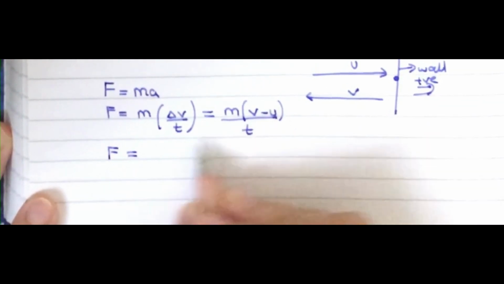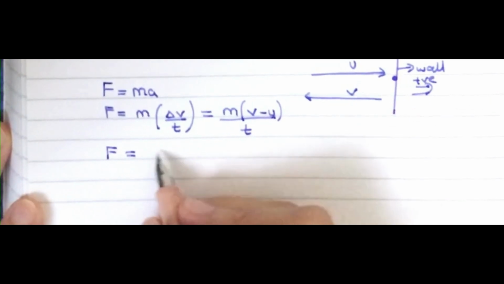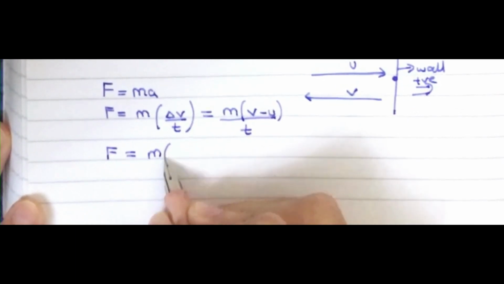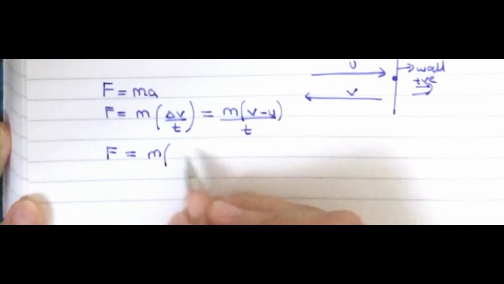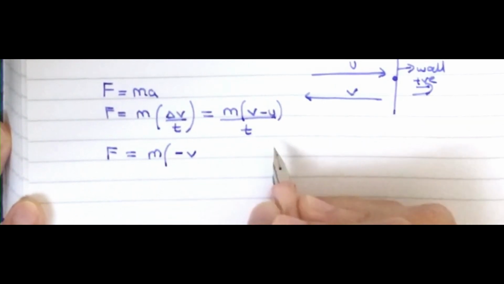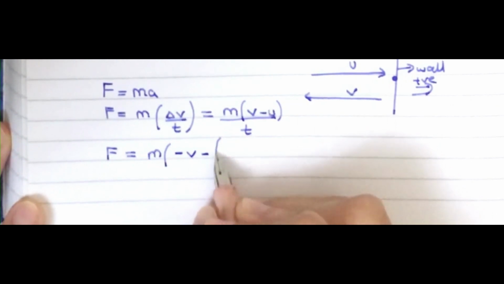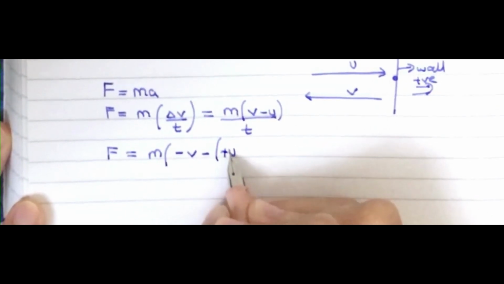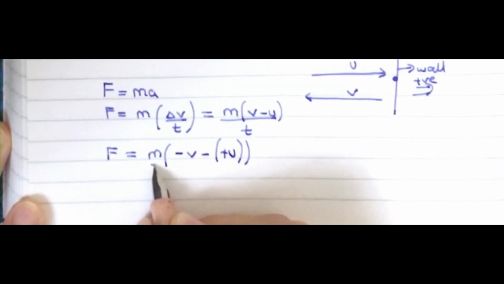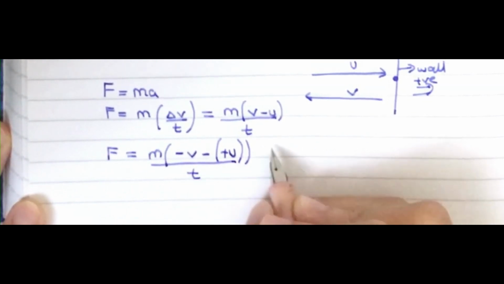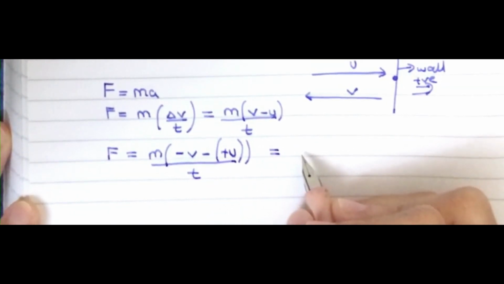So I will now put the variables inside it, right? M, and my final is going in the opposite direction, so I'm going to say minus v. And then minus the initial, which is positive, so positive u, and divided by t. So I know this will be m